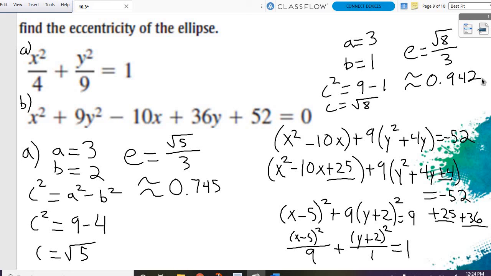So the biggest things with these are going to be able to graph them, but also to be able to complete the square. Like I said, completing the square is going to be really important because you have to be able to do it